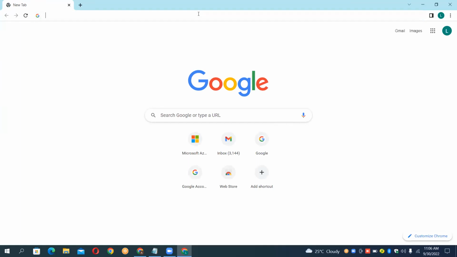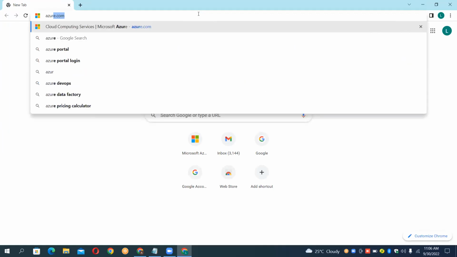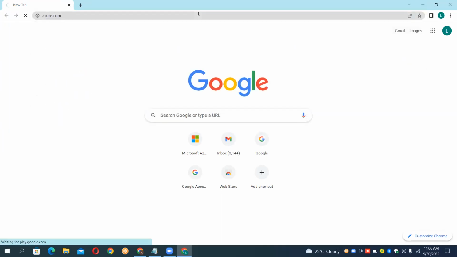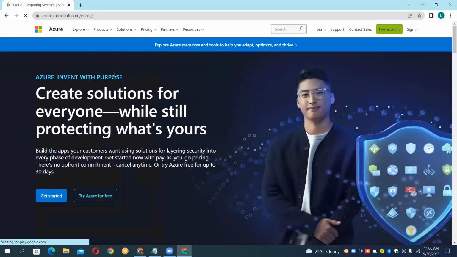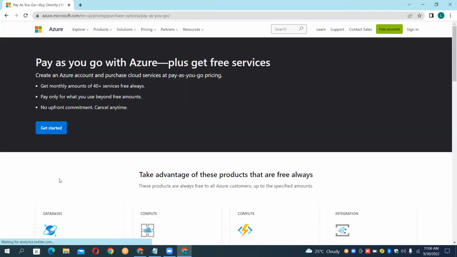Use azure.com first of all, all of you. Now you get it. Here you can start for free, or else you can go for a pay-as-you-go model. Anyway, I'm getting started here. Click on this button called Get started. Once you click on Get started,